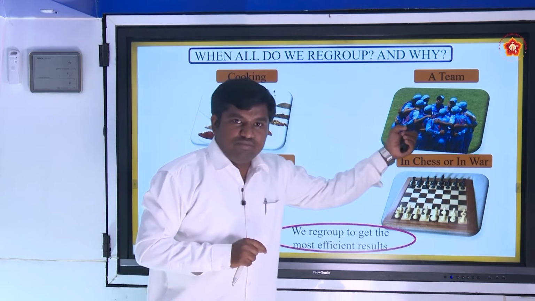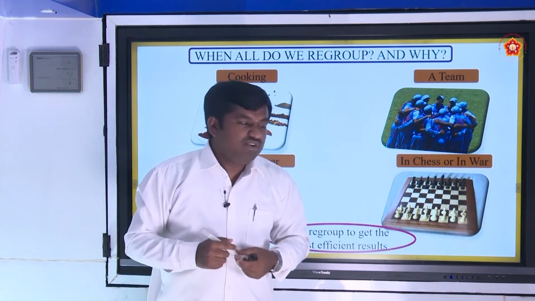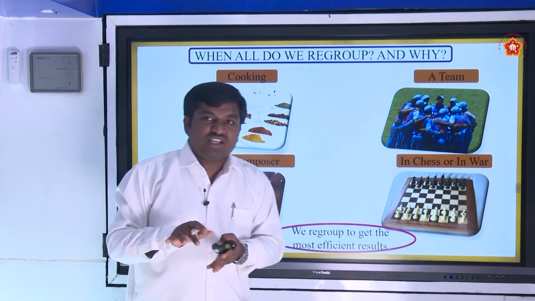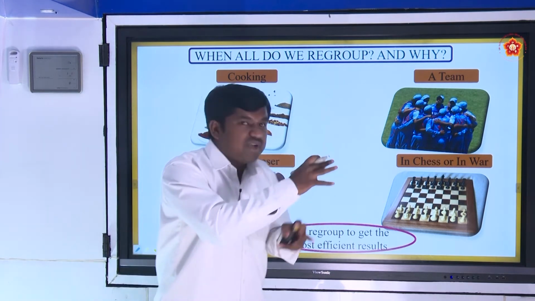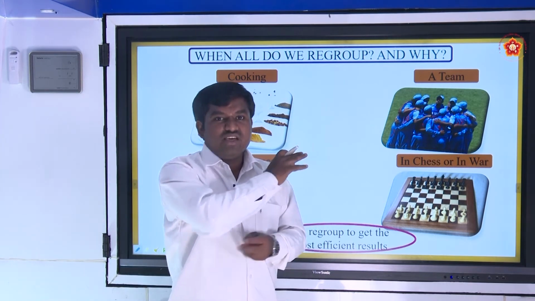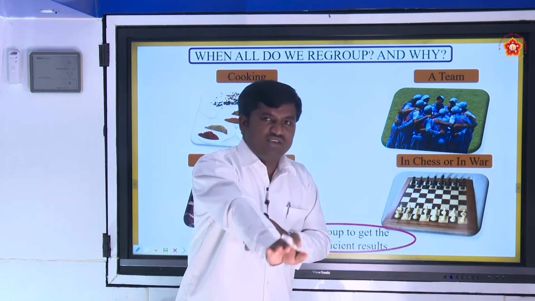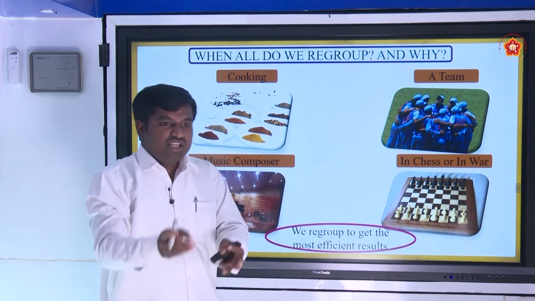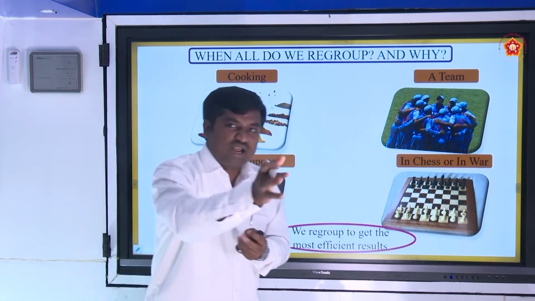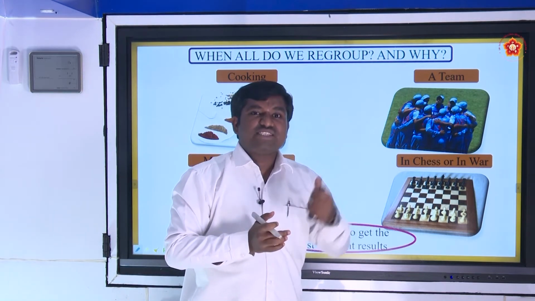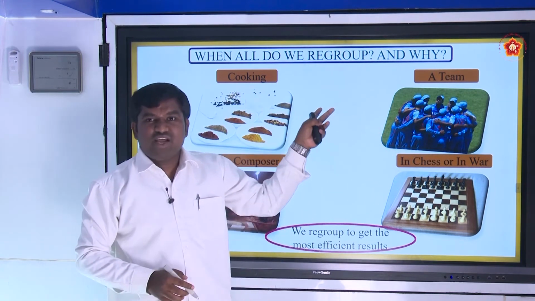See, in a cricket team, if 15 players are there, 3 are extra players. In one game, if someone does not play well, what do we have to do? In the next game, we regroup the members in the team. Suppose one member did not play well, then we tell him, you can sit out, and we can regroup another member, who was an extra player in the previous game. Then we regroup the members and we play well.